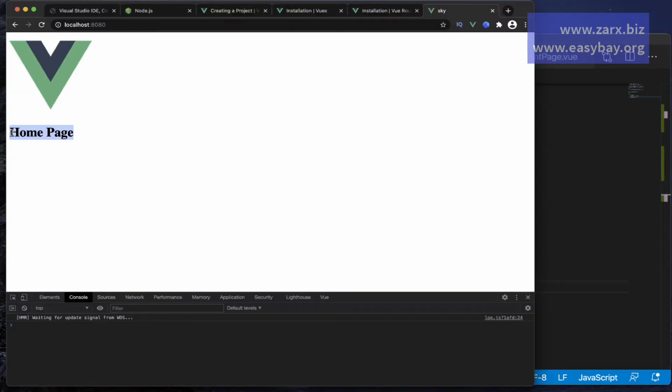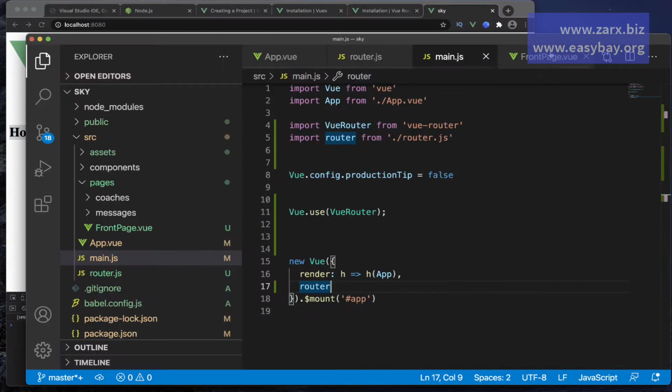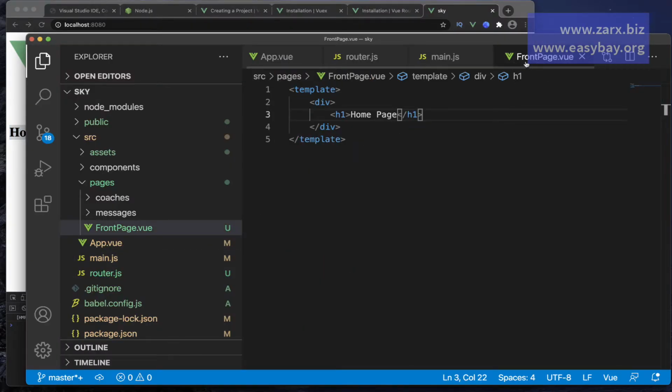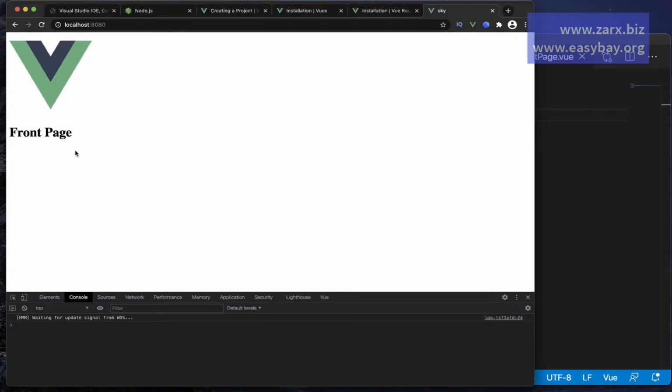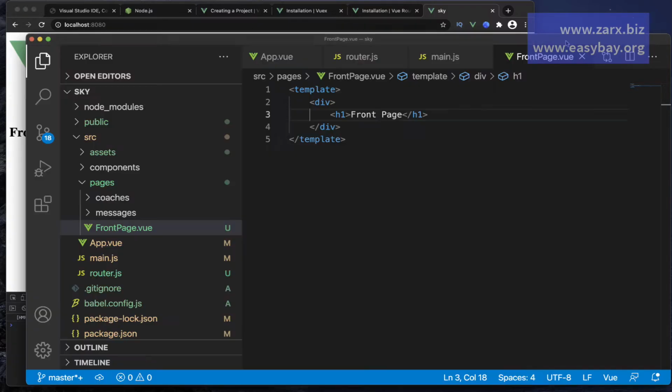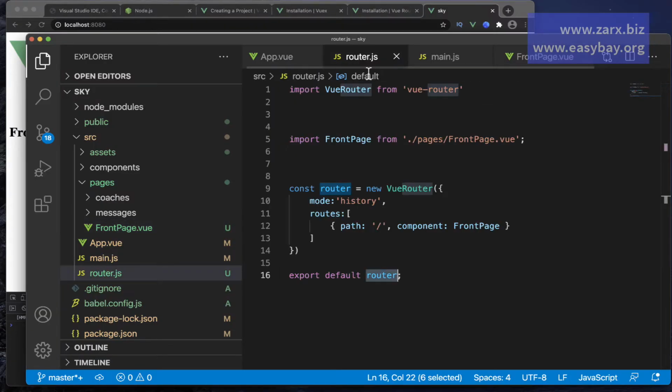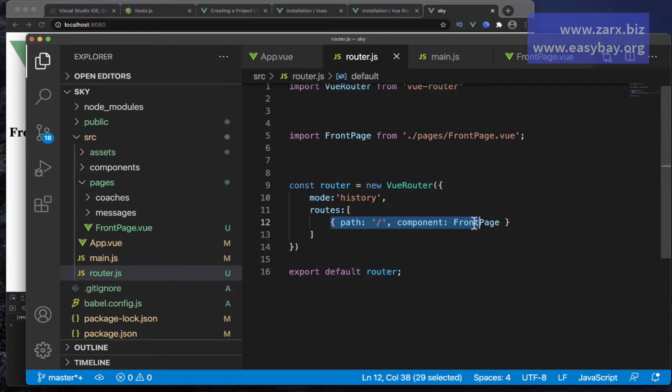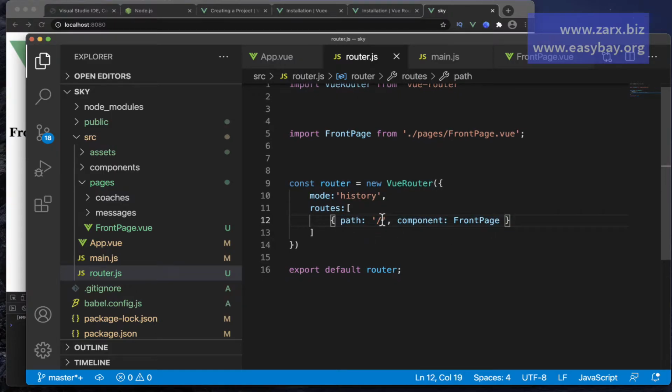We have home page coming. Now home page is coming from home page here, the front page here. So if I change here to front page, you will see that this changed there. So basically we created a router file where we are saying that if this is the path, this